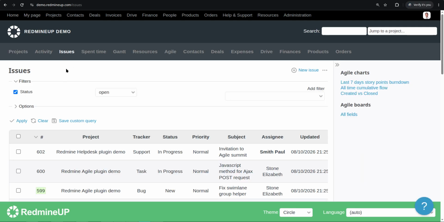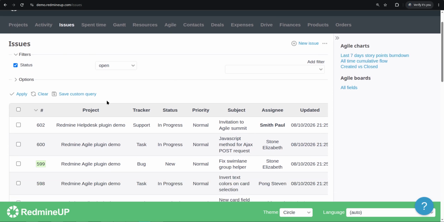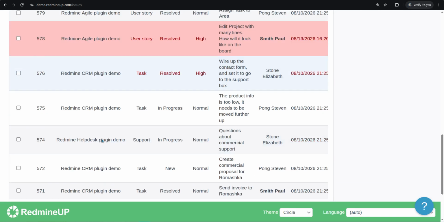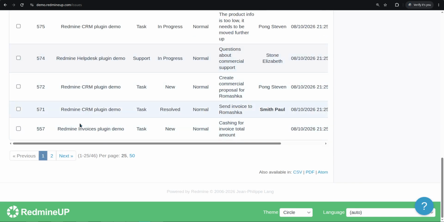Okay, so if we click on issues, this is going to list all the issues from all projects. So we see that we have a list of issues now, and on the project column we see that we have issues from the help desk project, from the Agile project, and from the CRM project, invoices, and so on. There are 46 issues from all different projects. Okay,